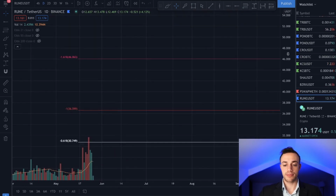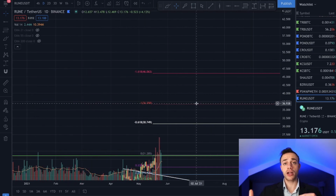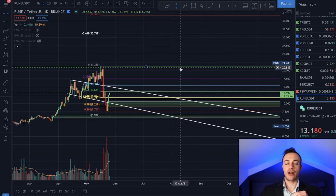I do expect these price levels to get absolutely smashed in the future as this market matures. I think this crash was a great reset for crypto. It just reset all of the indicators. All of the indicators went from extreme greed to extreme fear. It reset the board, which just gives us more time to prepare ourselves for what is coming, because no doubt about it, this is going to be the bull run that is going to top every other bull